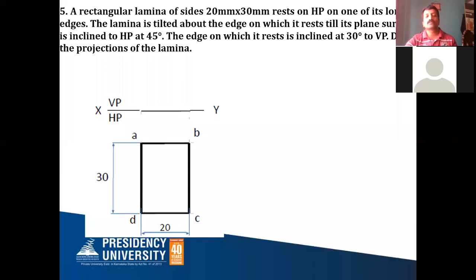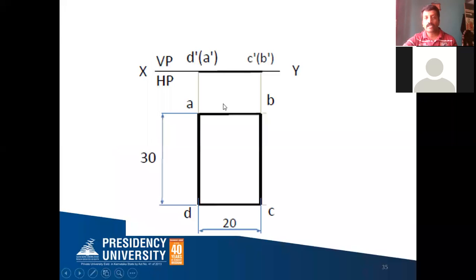Next, how to draw the front view? Draw the vertical projectors from all the 4 points till they meet the XY line. Now you are looking from here, D and C points you can see, you cannot see A and B points. So here we see only the shorter edge length. From here to here you have to join. See the top view, it looks like a rectangle. In the front view, only the shorter edge you can see. Since A and B you cannot see, A dash and B dash should be written within brackets. So this completes your front view also. The first position is completed.